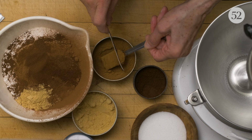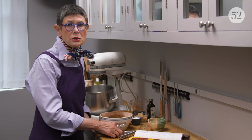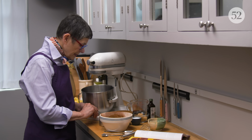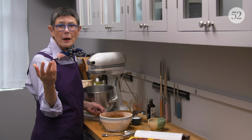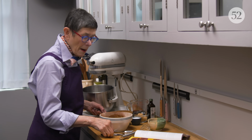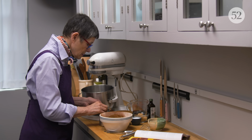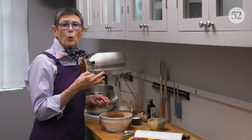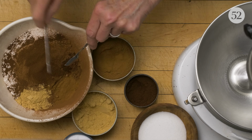Cinnamon, 1 teaspoon, and 1/4 teaspoon of ground clove. Clove is a tough spice. It adds amazing flavor to something like pumpkin pie or spice cookies, but you have to use it in teensy tiny measures because it goes from being deep and mysterious and wonderful to medicinal. So just a little clove